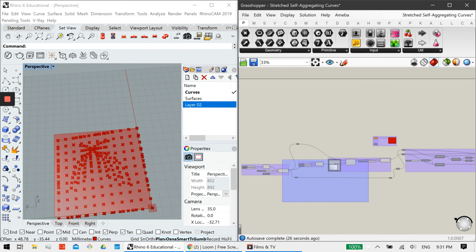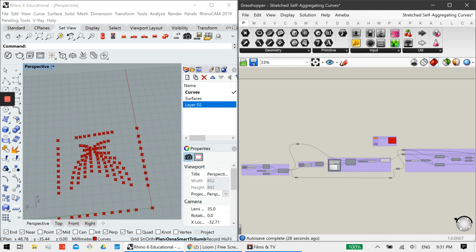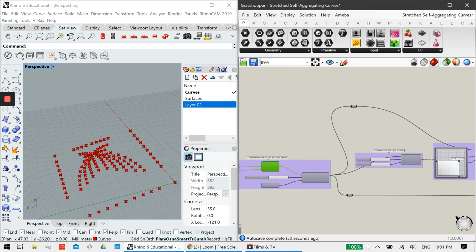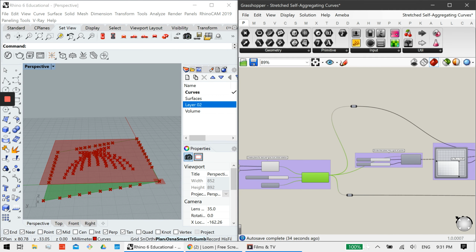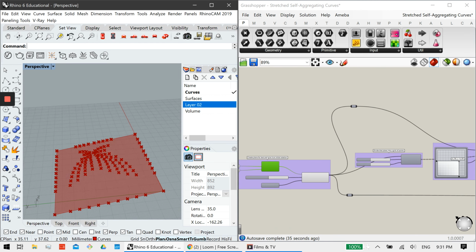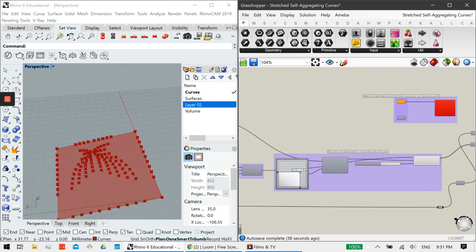Cool. Let's just turn off these. So now we see that. Turn the plane on. Cool. Oops, not that one. Right, and then